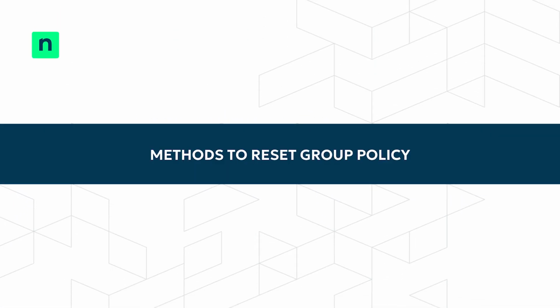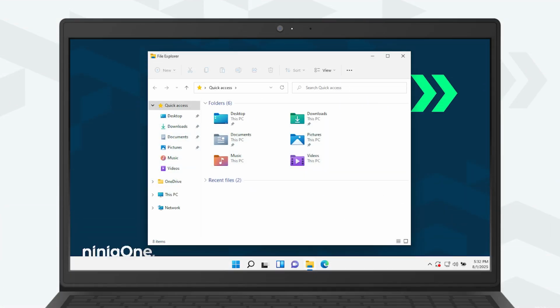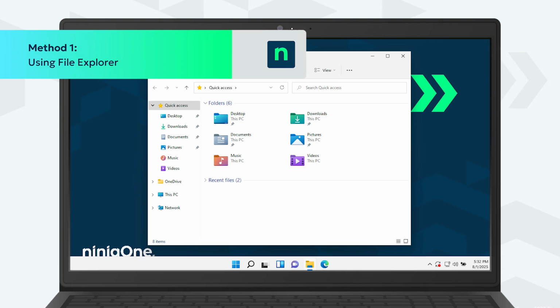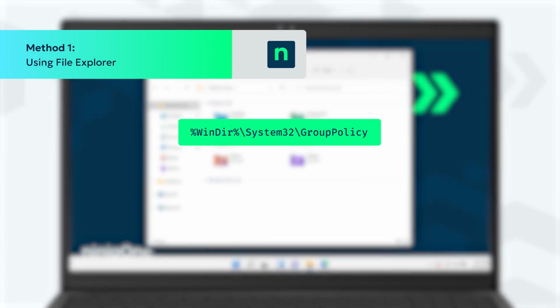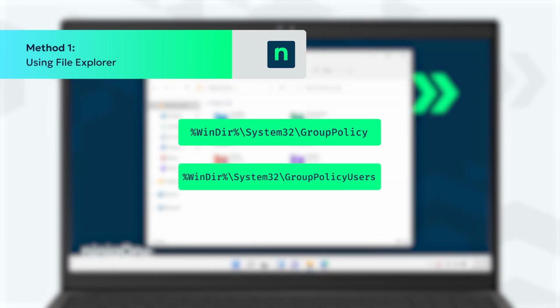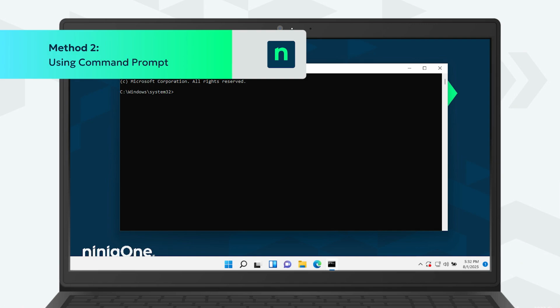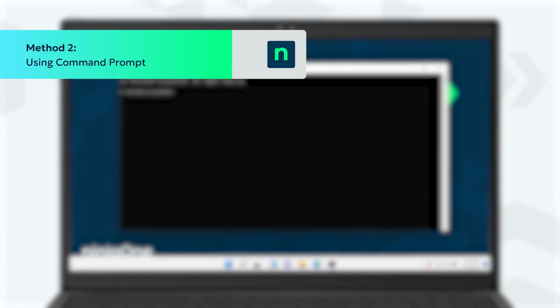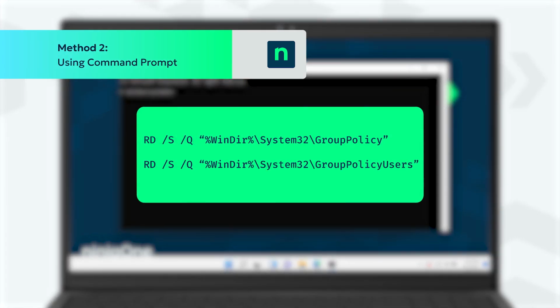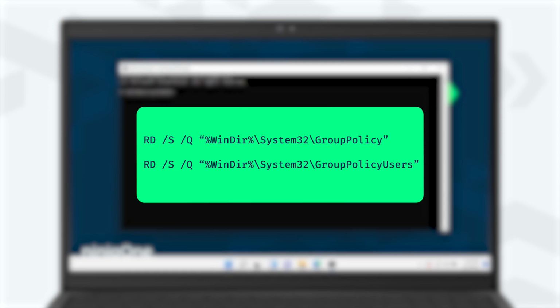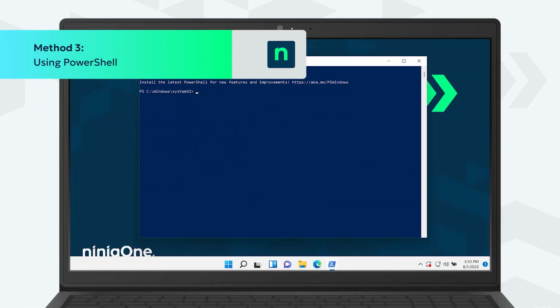Methods to reset group policy. Now let's look at 4 ways to reset group policy settings. Using File Explorer: navigate to this folder, and also to delete the contents of both folders. Administrator rights are required. Using Command Prompt: open Command Prompt as administrator, then run these commands. Using PowerShell: open PowerShell as administrator and run